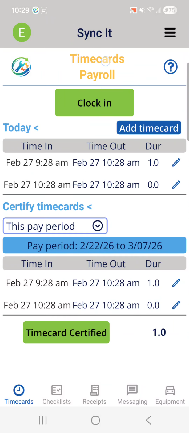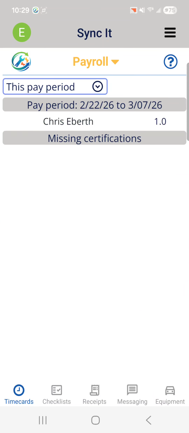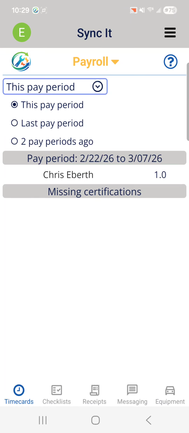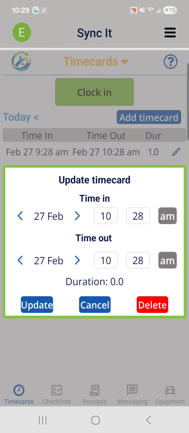So what's that look like to you? So if you open up the menu or the different time cards here, you've got payroll. So there's the one user that has a time card. So that's how you can use payroll. So let's say